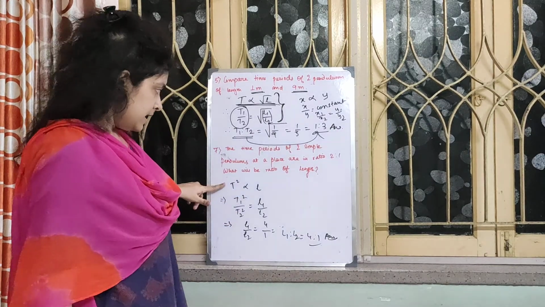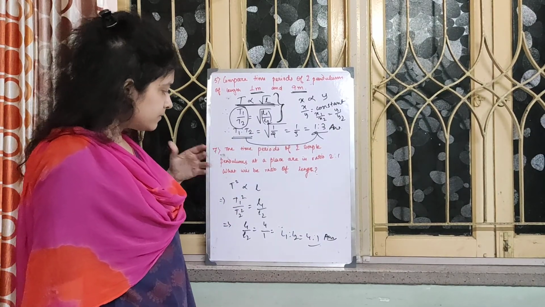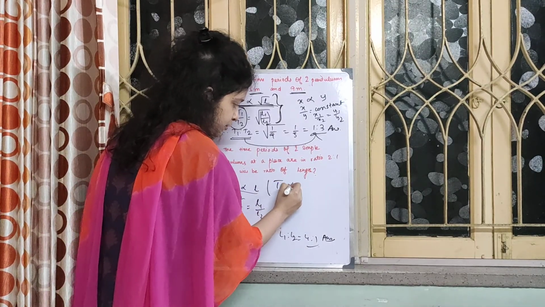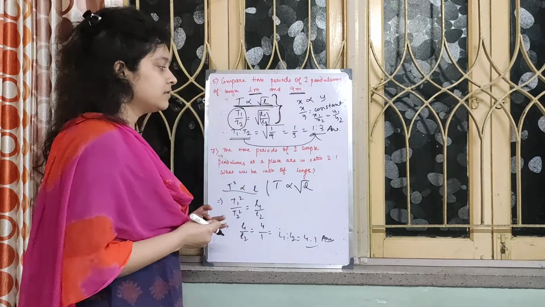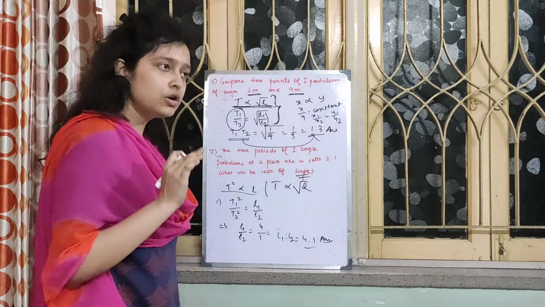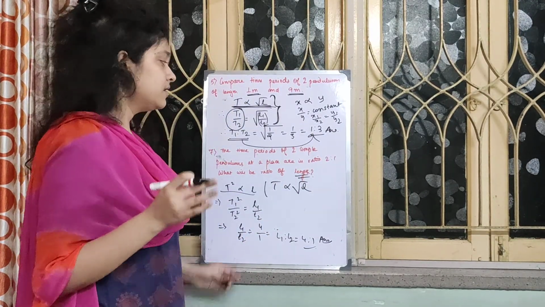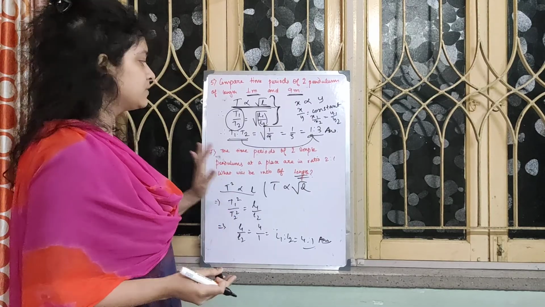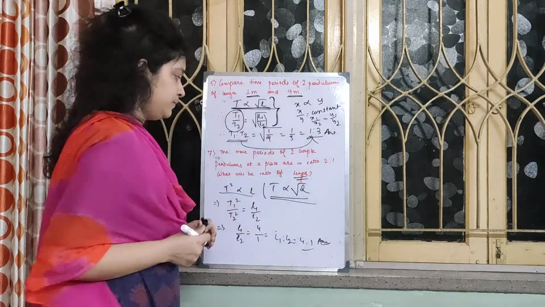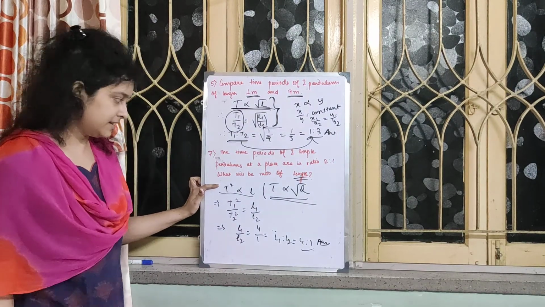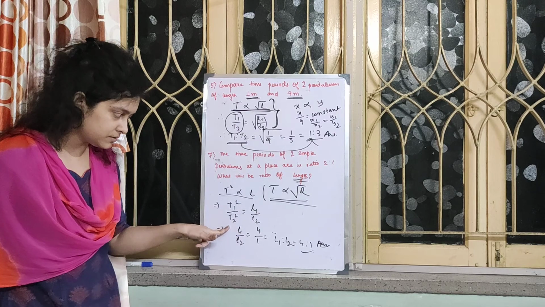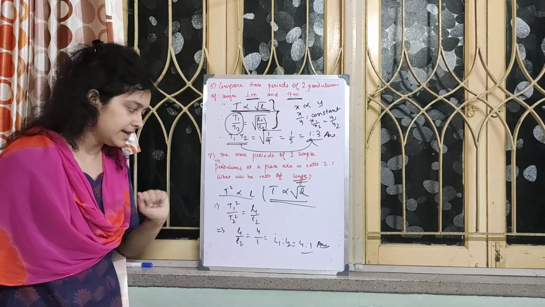Okay. In this case, T square, we can also use this form. No problem with that. T proportional to root over L. But obviously, you have to find the ratio of the length, not the square root of the length. Okay. So, we are just squaring it and using it. Otherwise, you can also substitute the values here also. Same thing. T square proportional to L. That means T1 square by T2 square equal to L1 by L2.